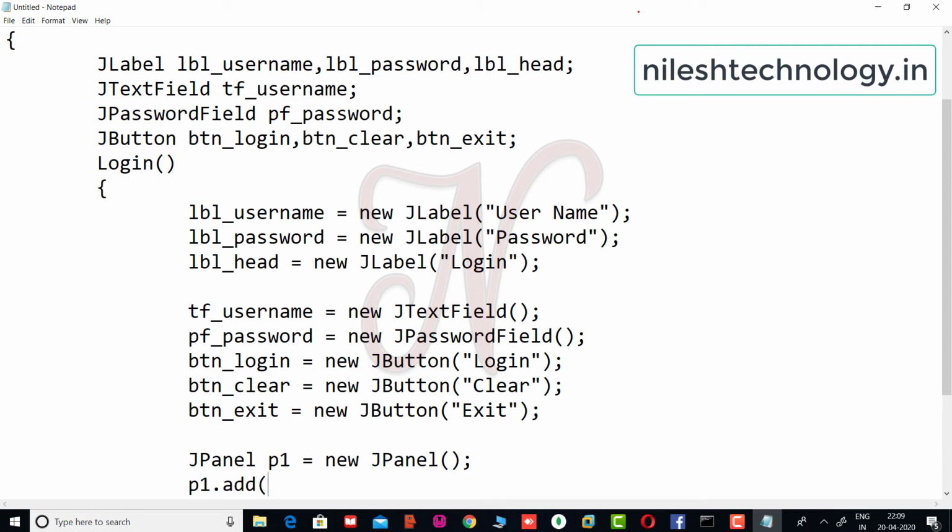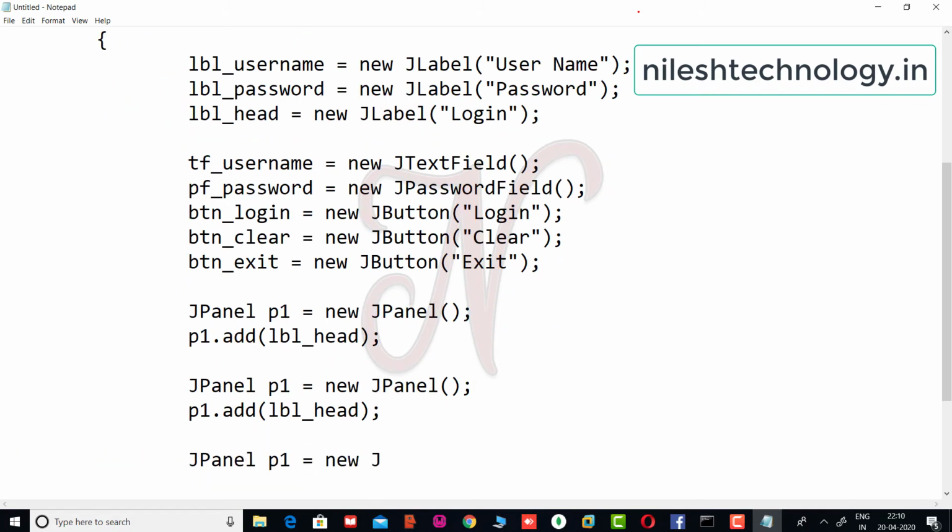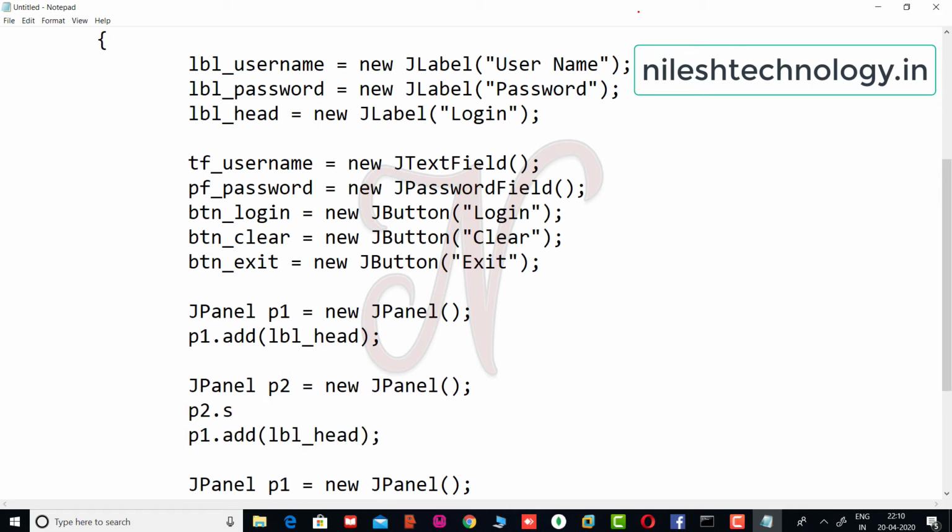So we can directly add the heading label, okay. Then same here, we can create the object of the second panel. So second panel, and we have to set the layout of the second panel: set layout new GridLayout, okay, and arrange the components in rows and columns. So 2 rows and 2 columns, okay.